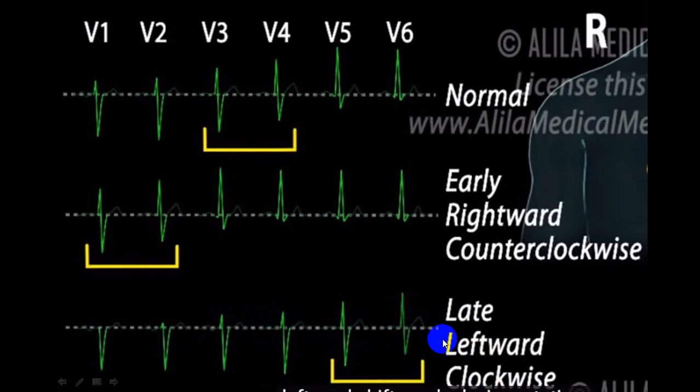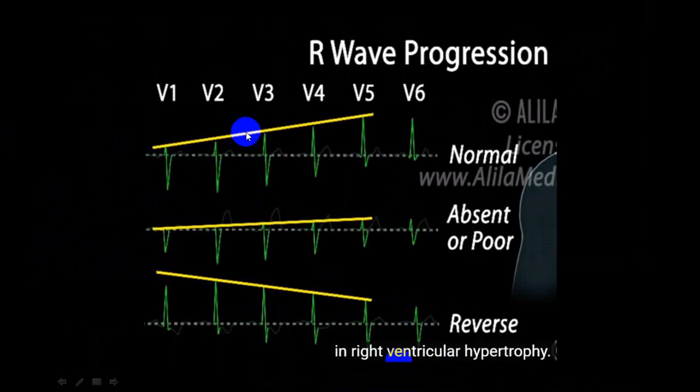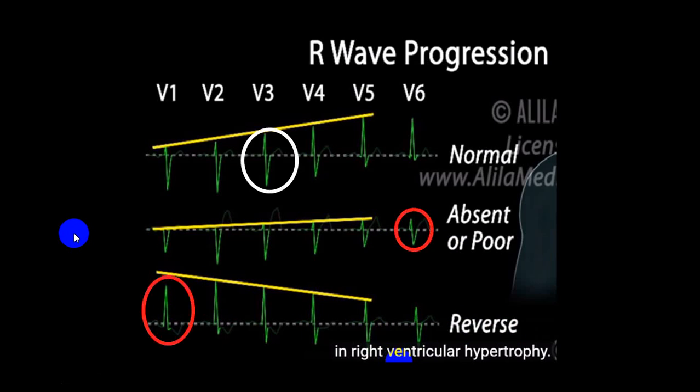clockwise. This is very important because if you look at this properly, you will be able to identify a good number of conditions. So here you can see this is normal. Here there is no progress, so this is called poor R wave progression. And here the R wave is slowly becoming less, and the transition zone is going towards the left side. So the transition zone is somewhere here. This is called reverse R wave progression. This helps you to identify some of the conditions. So try to look at where the R wave progression is.